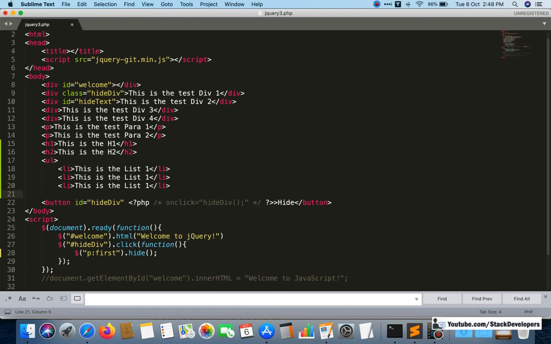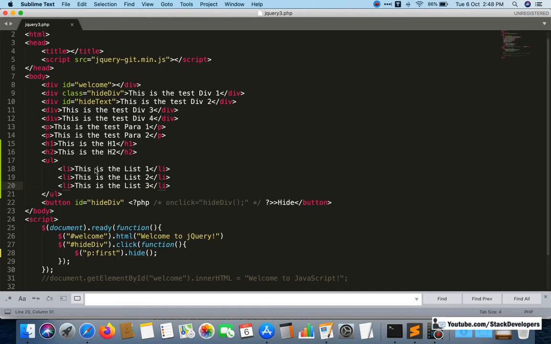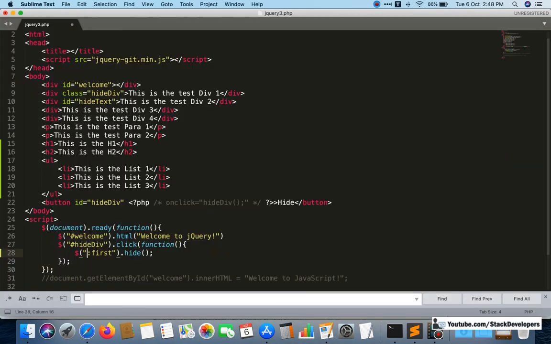I will close the ul. 2, 3. So see here, if we want to remove the first element in the list, first ul will come, then li will come. If we want to remove the first element of the list, how can we write it? We just need to write it like this, ul then li.